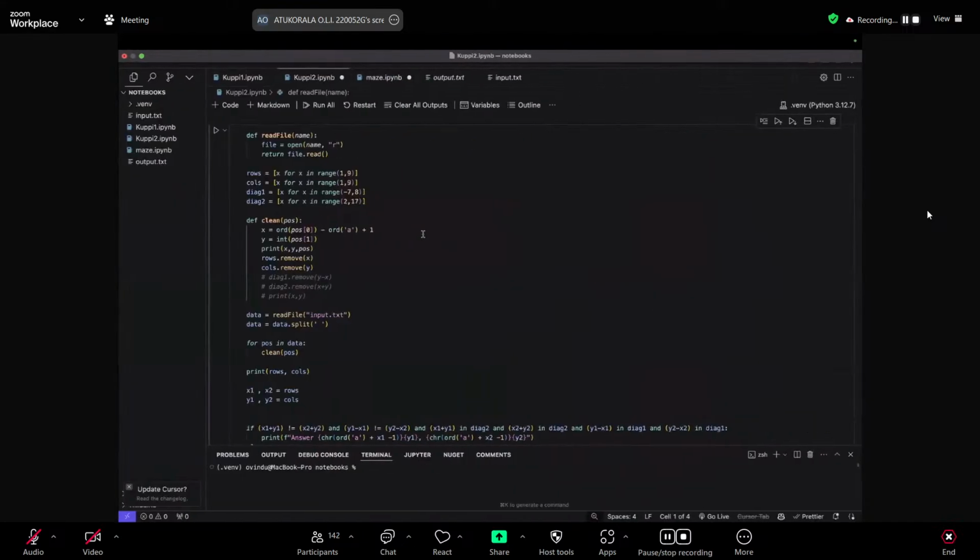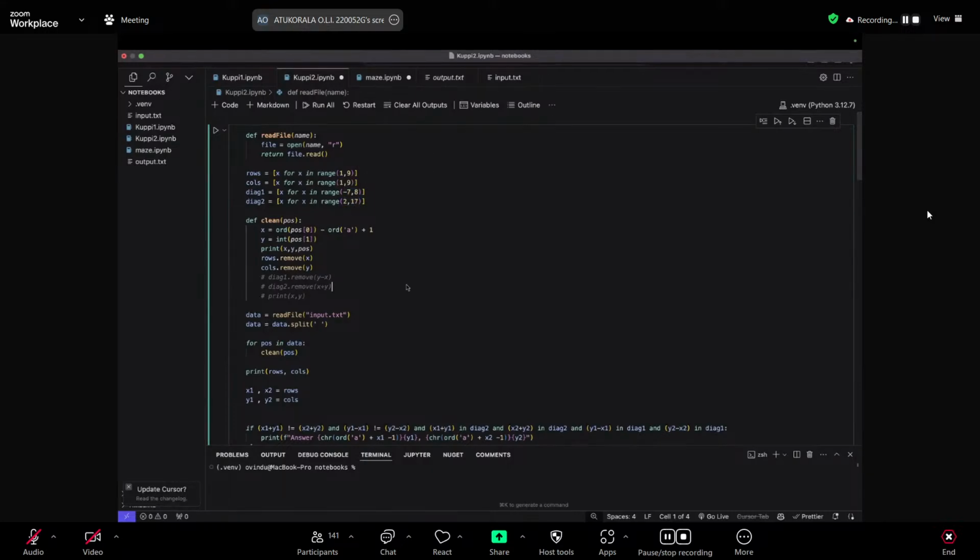Also, the diagonals going this way were identified by the equation y equals minus x plus c. So that way, I again identified these diagonals individually. And then I made two other lists, diagonal 1 and diagonal 2, right? These lists have all the possible values that these diagonals could take. It's a small calculation.